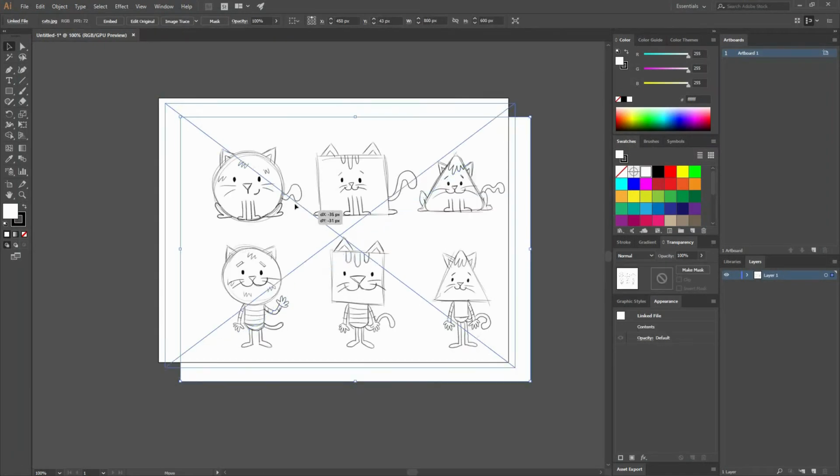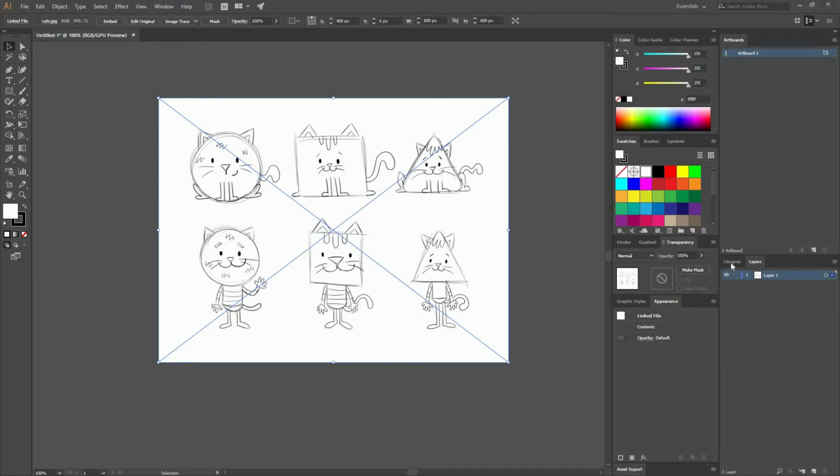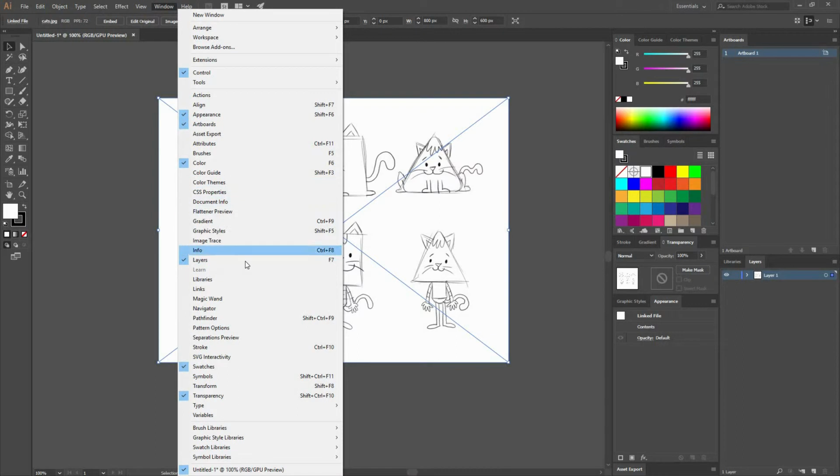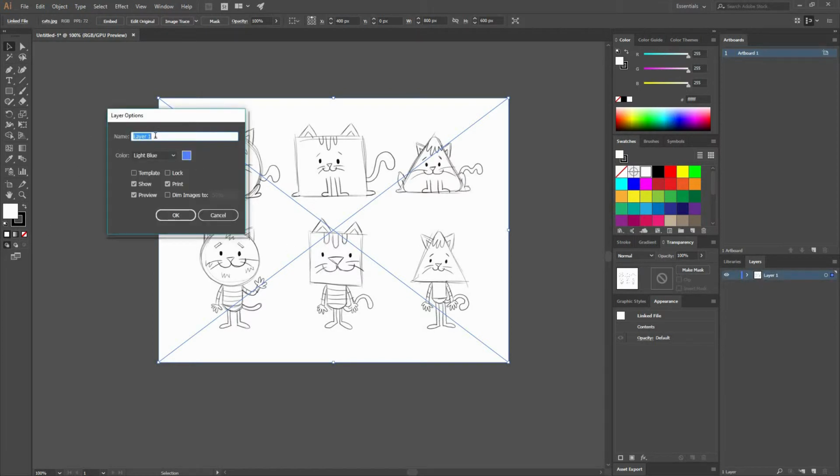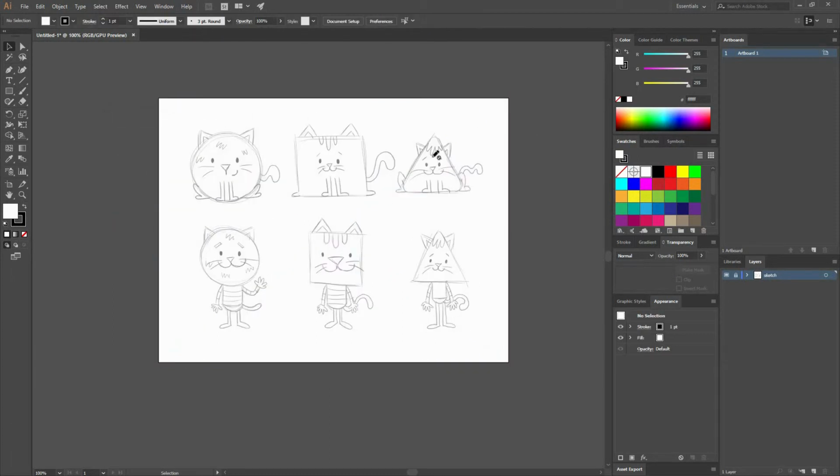Now you can put it right there on your canvas, and then you're going to go to your Layers window. If you don't see your Layers window, go to Window, Layers, or press F7. Then double click on your layer, on this white part where the little thumbnail is, and here you can name your layer, because you want to be organized. For example, something like sketch, and then hit this check box for Template. What this is going to do is dim your images to 50%. So you're going to hit OK, and you can see how your images are now dim, and also your layer is locked, so you cannot accidentally move it or do something with it.